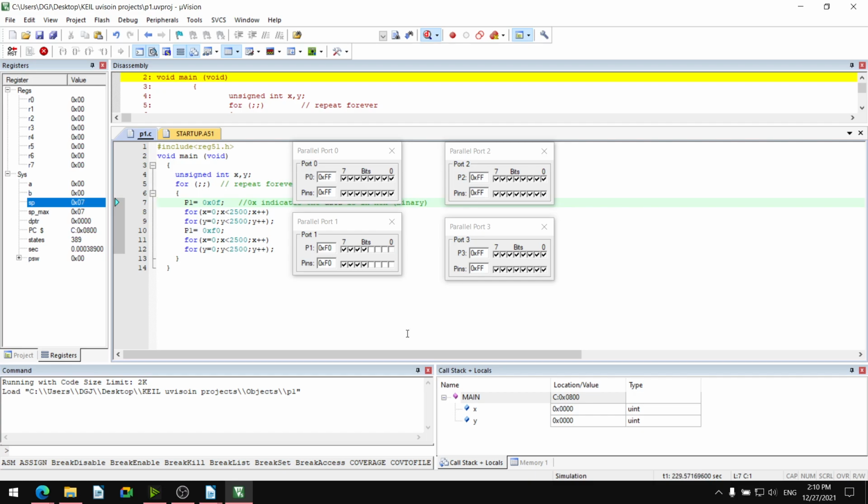Okay. 0F is 0 0 0 0 1 1 1 1. F0 is 1 1 1 1 0 0 0 0. Wherever there is a 0, there will be 1. Wherever there is a 1, there will be 0. This is also toggling the bits. So 55 and AA also toggle the bits. Similarly, 0F and F0 are also toggling the bits.